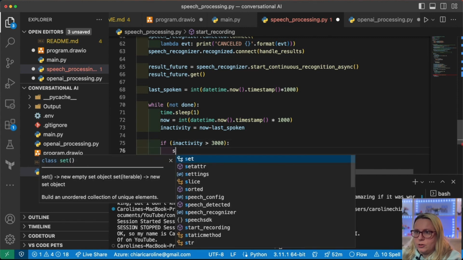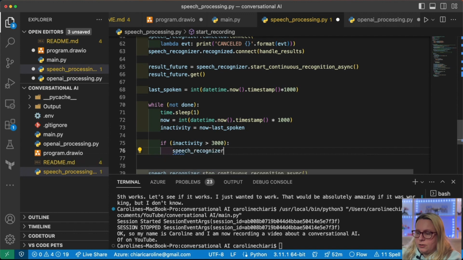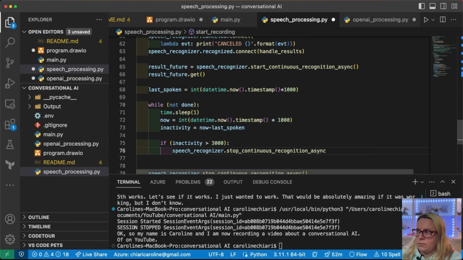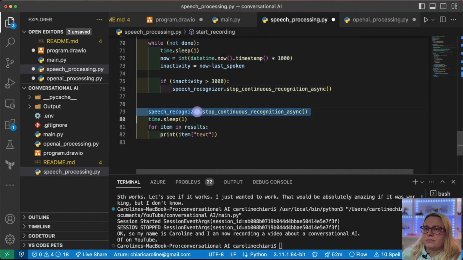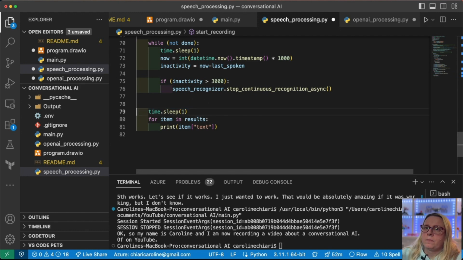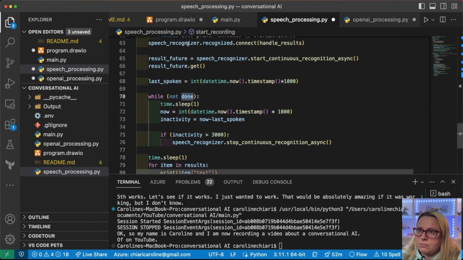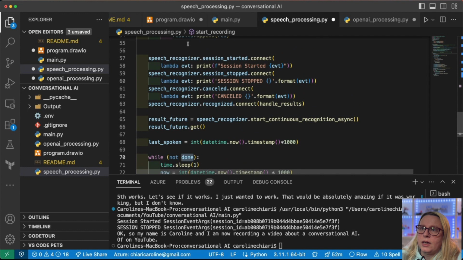Right, so we're going to do speech organizer dot stop this. Now we don't need this. Now the problem is, how do we update done? Well, we need an event for the stopped or canceled session, right? So these are nice, but we're going to take them